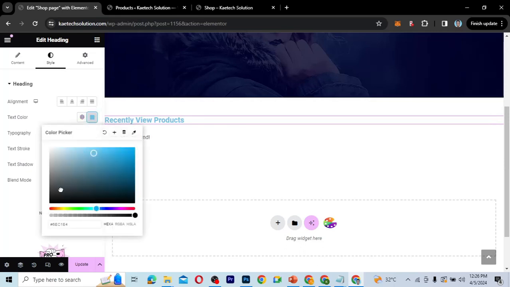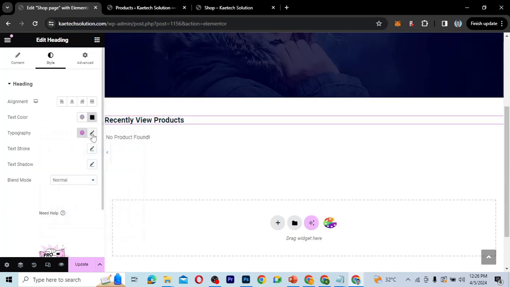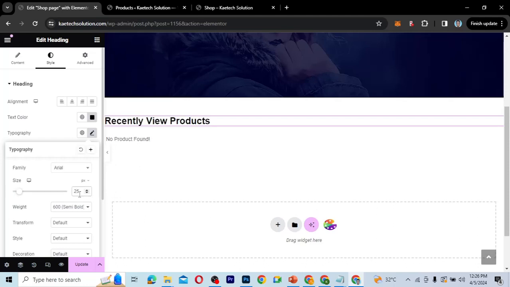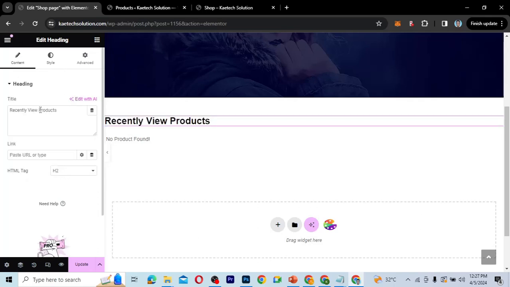I'm going to change the color to black, and then I'll come to the typography. I'm going to change this one to Arial, and then I'll give it a size of 25. So, recently viewed product. Instead of "view", I'll make it "viewed". So recently viewed product will be here, and what I'm going to do is go back over here